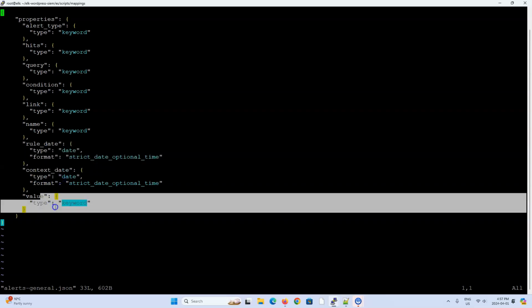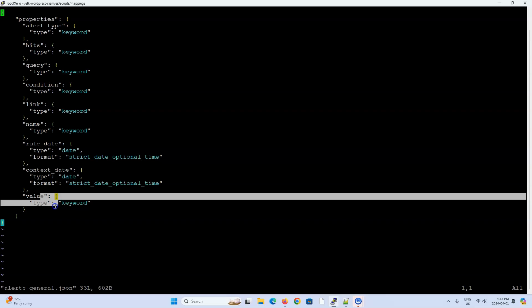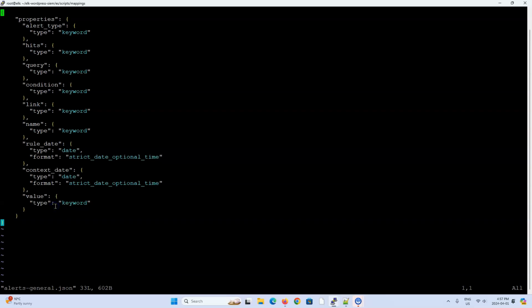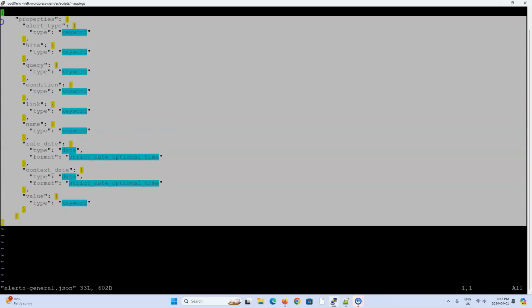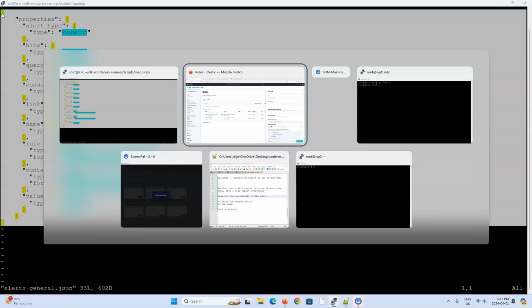The value, I can't quite remember what that's for. It might be just some extra information. I think we'll know when we actually set up the message. But this is the index mapping that I recommend. And we could manually create this right now